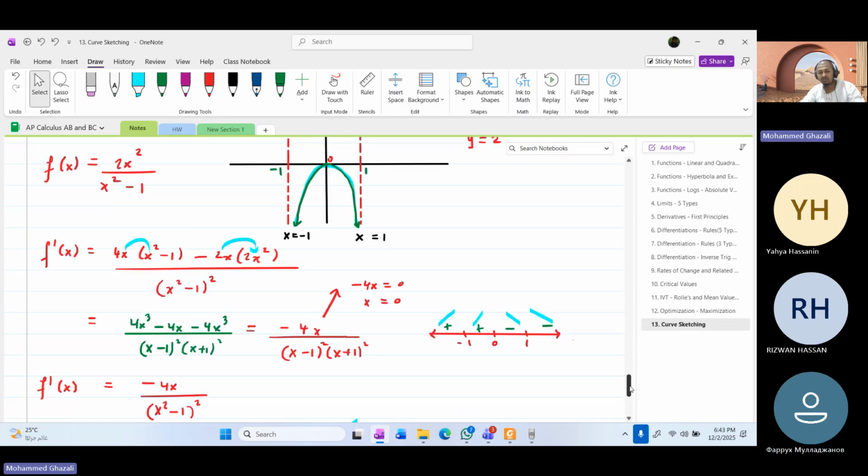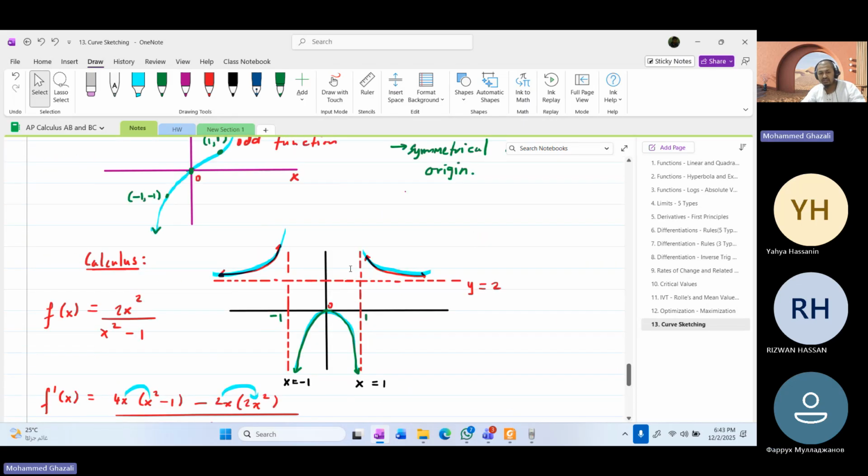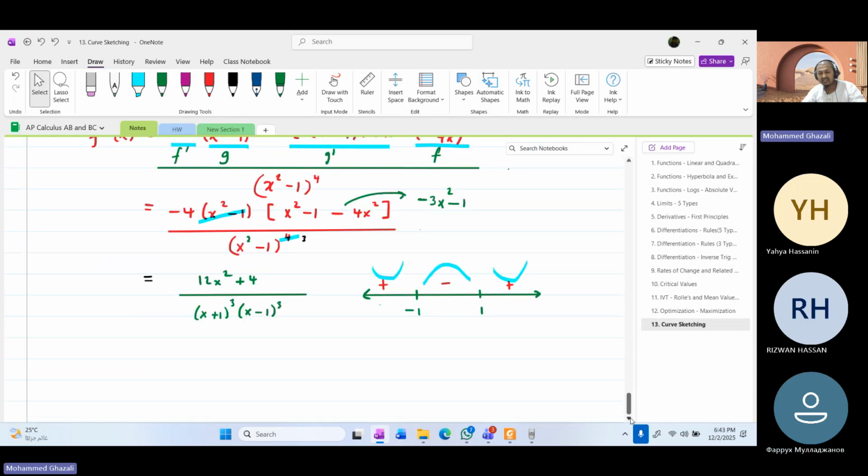No, they will ask you for inflection points. Are there inflection points in this graph? Now, in this case, there is no inflection point because I can't solve this equal to 0, because -1 and 1 are undefined. So no inflection points here, because x cannot be equal to plus or minus 1, right? No inflection points, but they are concave up